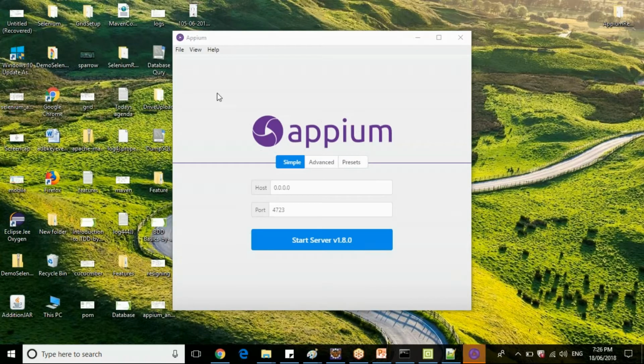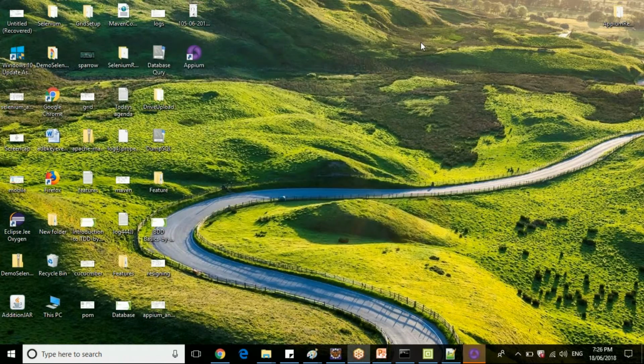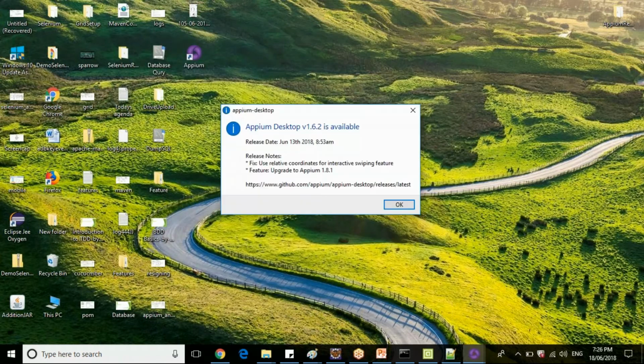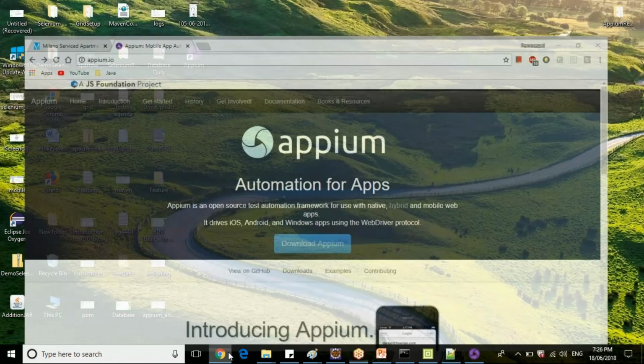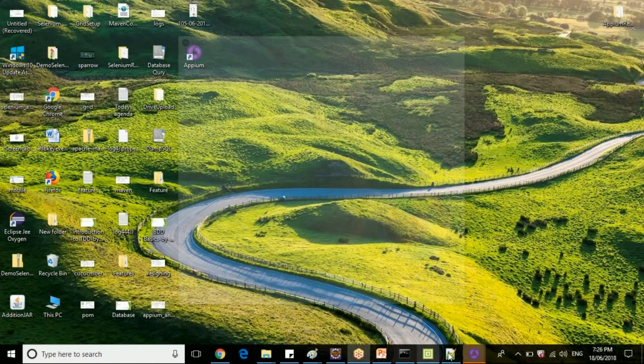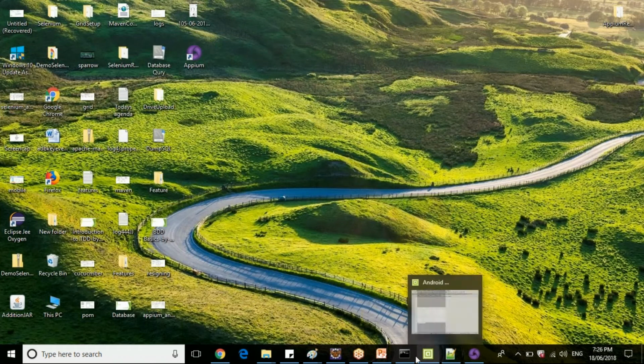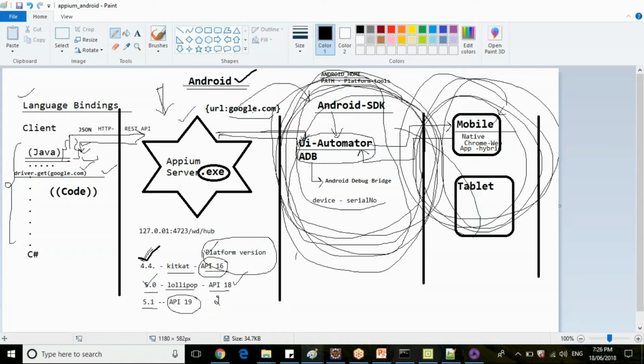So your APM will be like this. Once you launch your APM, we will discuss how to start this server and how to check this architecture. So the third part is we are downloading our apm.io. We have installed this apm.io.